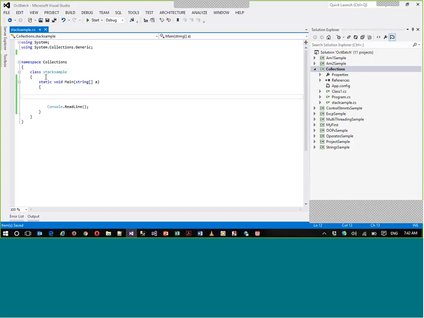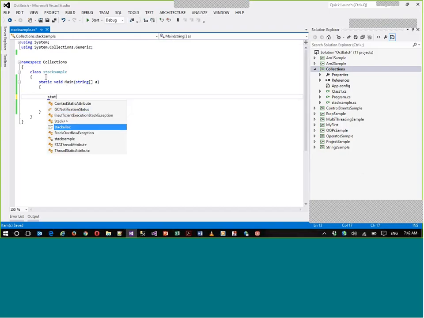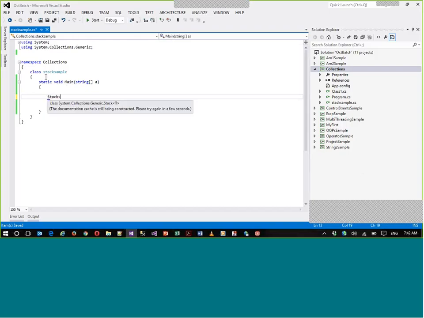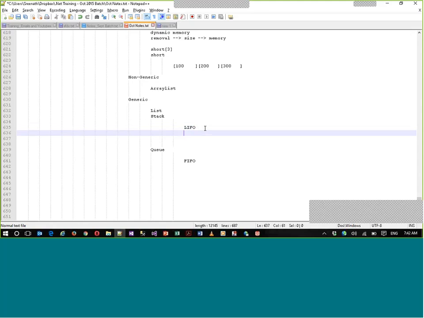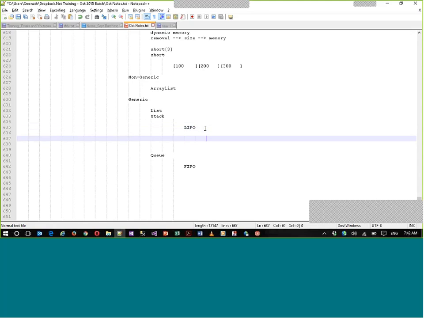Now here we have something called Stack. Let's say I'm going to take an integer, and call it stk. There are three special methods in stack which we have to follow in order to get a LIFO model. First, in order to add data, we have an internal method called push.